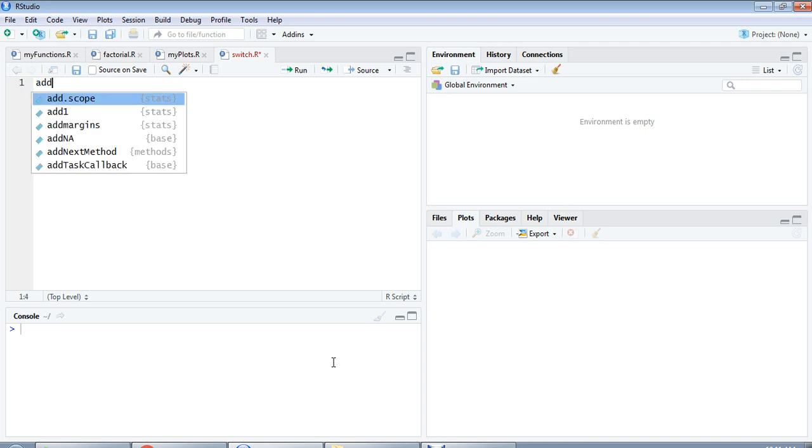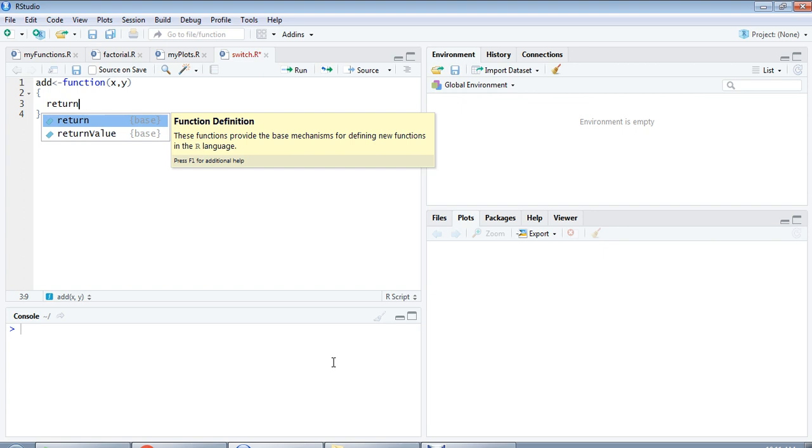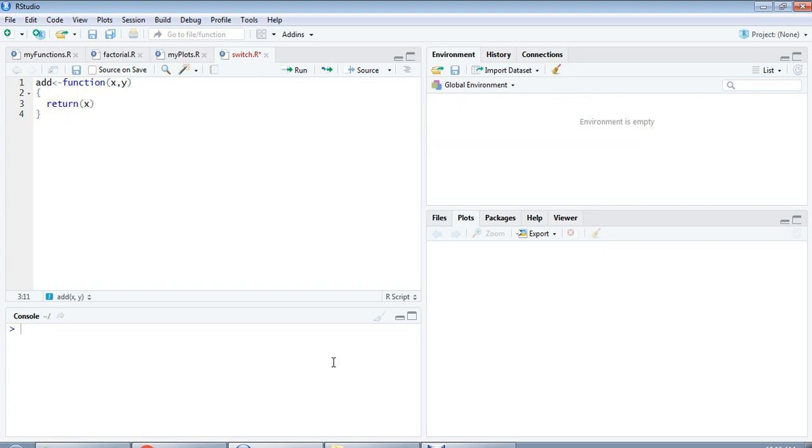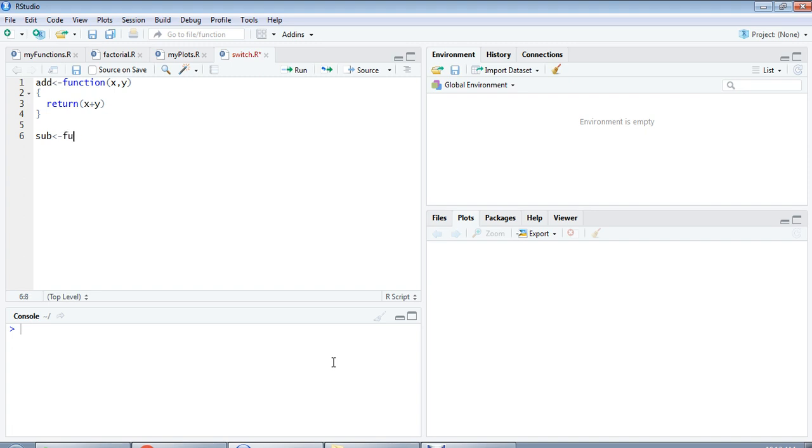Before that, let me create 4 subroutines or functions to do the operations of add, subtract, multiply and divide. First, let me create an addition function that's going to take 2 arguments x and y and perform addition here. Similarly, I'm going to create 3 more, one for subtraction, the other for multiplication, then the other for division. In the very same way,